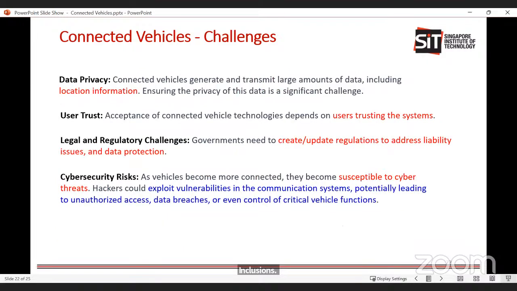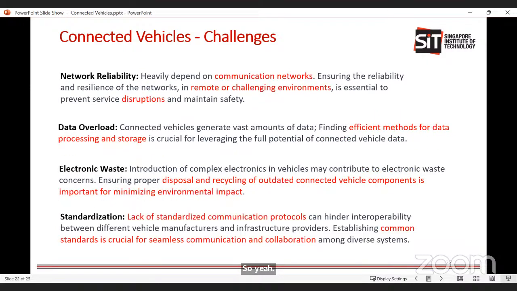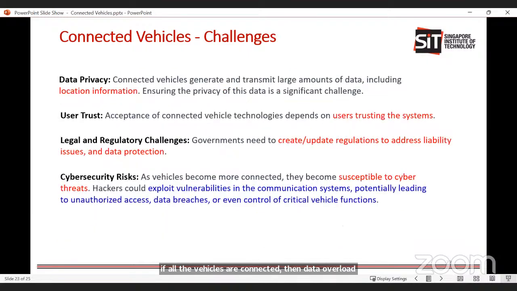So these are some issues in addition to that. If all the vehicles are connected, then data overload issues can come. Electronic waste will be an issue. Data privacy, user trust, some legal and regulatory challenges, cyber security. These are the challenges that will come when we try to move from electrification to electrification and try to use this technology of